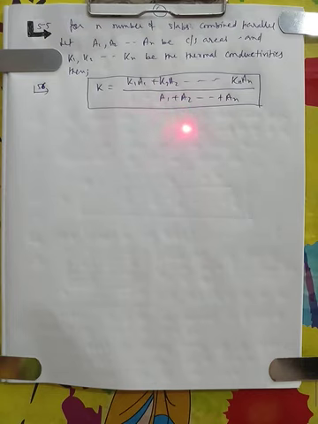So again, if there is equal area of all the slabs, then we will get the combined thermal conductivity as K is equal to (K1 plus K2 plus K3 up to Kn) divided by n. So that will be the mean of all the thermal conductivities. So in this way we can find the thermal conductivity of combined, composite slabs in series and parallel, and the rate of heat flow we can find easily.